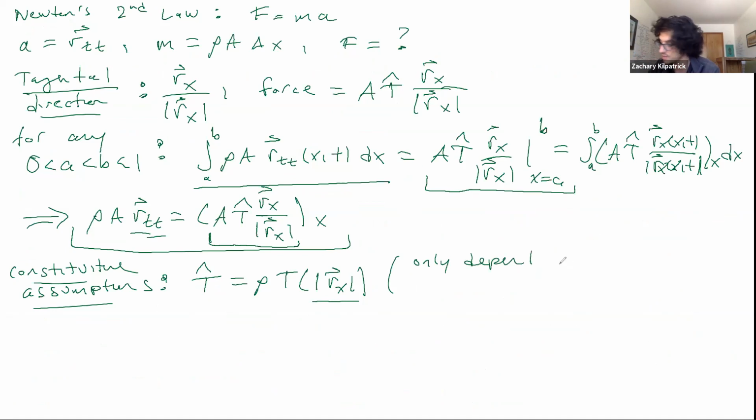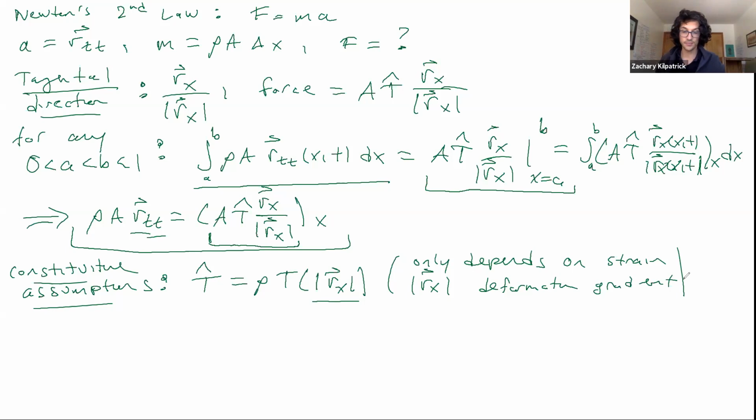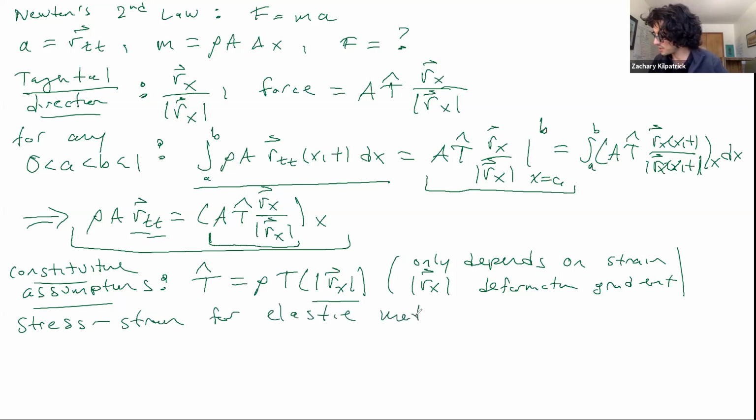So this only really depends on the strain. The tension should only depend on the strain, okay? The magnitude of r_x, which is also called the deformation gradient, okay? And in general, the stress-strain relationship for an elastic material has the following